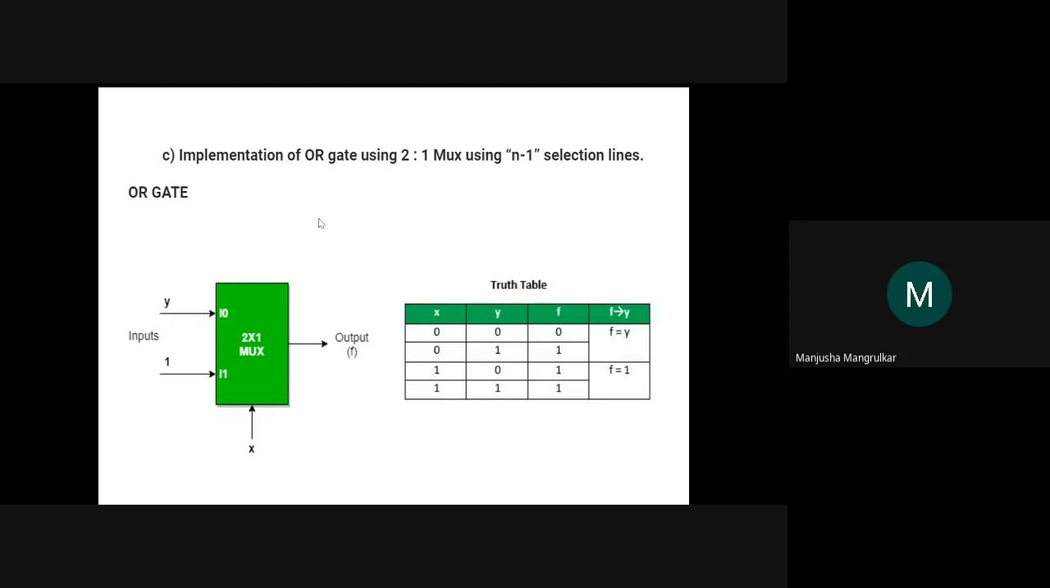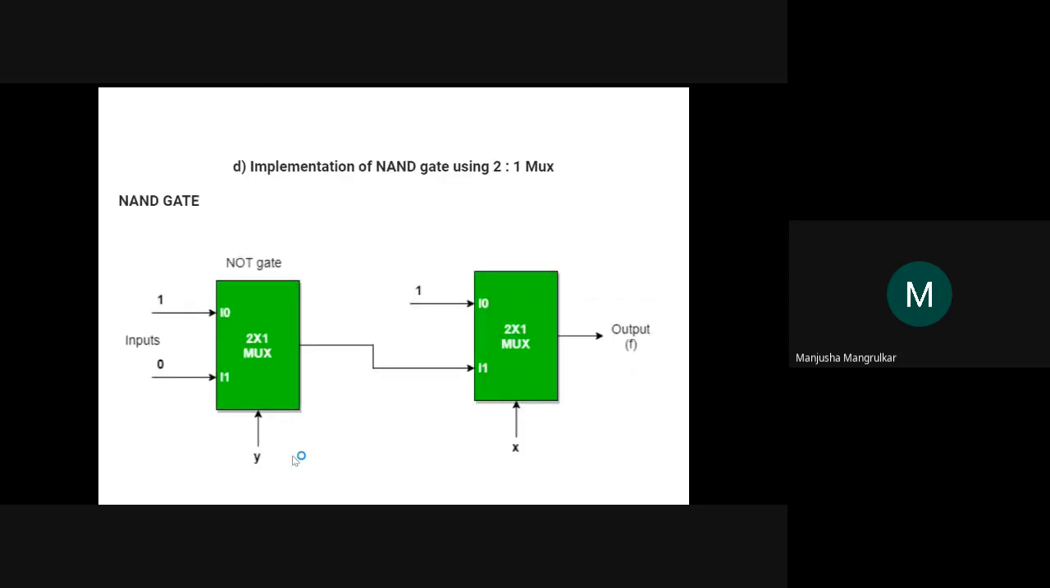The question can arise, if nothing else is given, as the implementation of an OR gate using a 2-to-1 mux using n minus 1 selector lines, right? What does n minus 1 mean? It is 2 to the power n, so with 2 inputs, 2 minus 1 is 1. So there is only one selector line. Now the next one is to